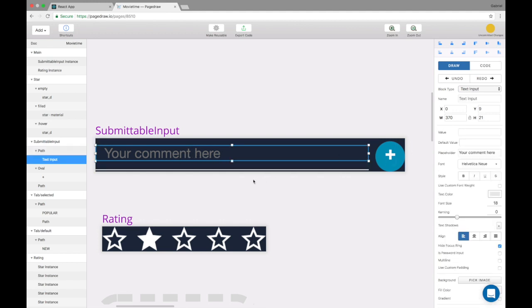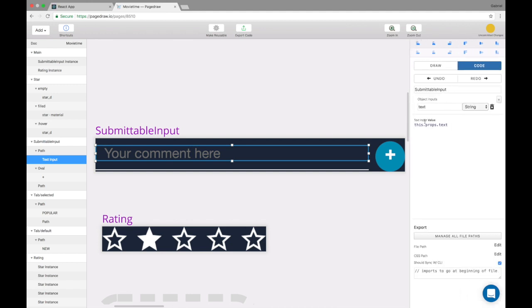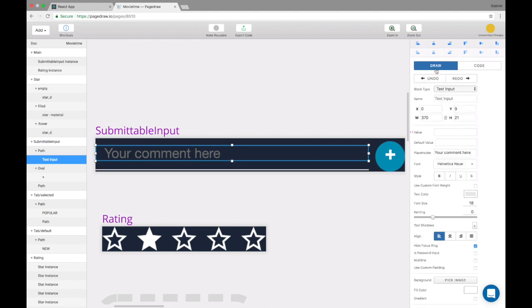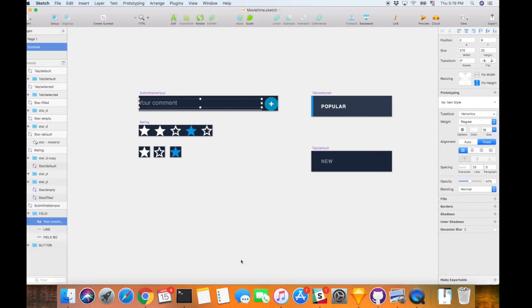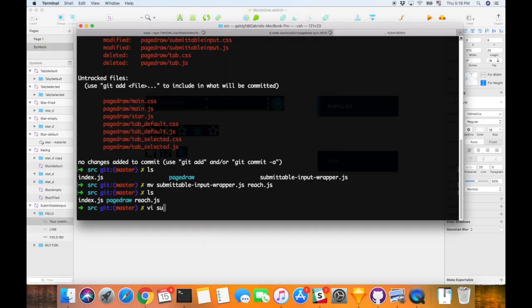So the way that we're going to do this is I will, of course, make the value here dynamic. And I'll say that this comes from not this.props.text, but this.props.value. But I also have to make sure you can change this. This is standard React. You just go and add an event handler of type onChange, this.props.onChange. Cool. So now what we need to do is in our code base, we need to create a submittable input